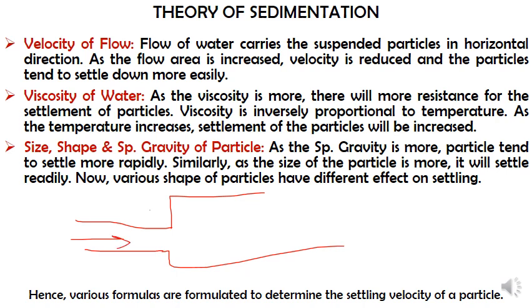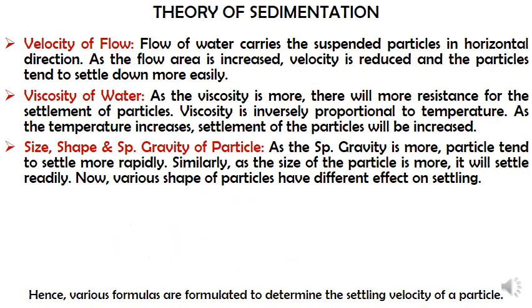Now in the first section, because of the reduced cross sectional area, the velocity for the same discharge will be more. But when the same water enters the second section, because of the higher cross sectional area, the velocity is going to be less. When your horizontal velocity is less, it is quite easy for those suspended particles to settle down. So as the velocity of flow is reduced in the horizontal direction, automatically the particles will tend to settle down more easily. This is the first bit.